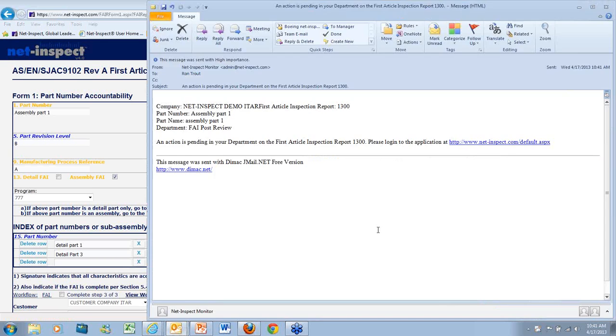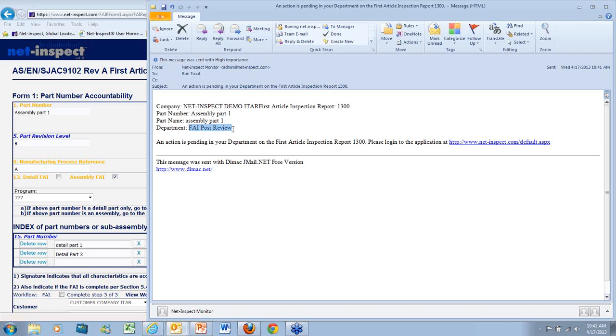So for instance, right here, I'm on this next workflow step, and so NetInspect demo, first article report number 1300, part number is assembly part number, and the department, which I've named first article review, now has an action